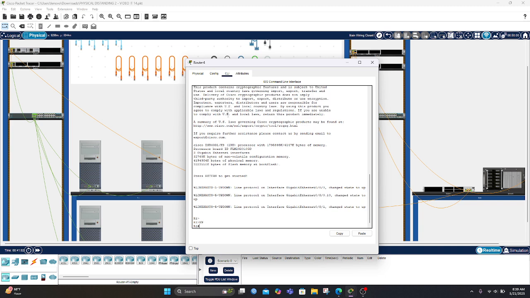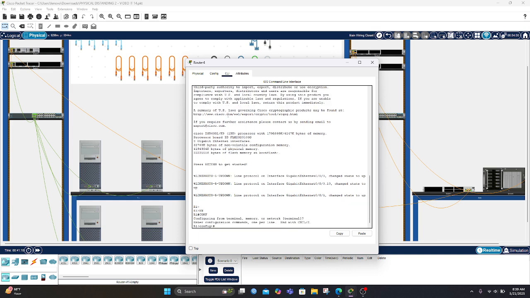This router is for routing and making DHCP. For the configuration, do show run.